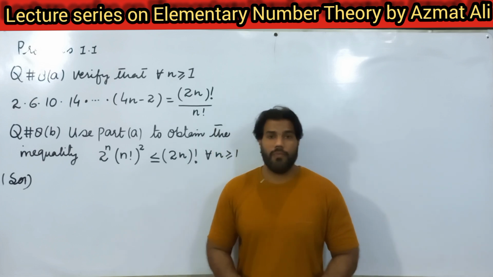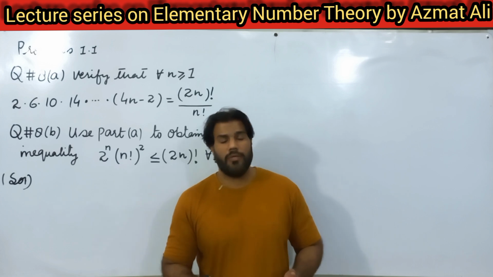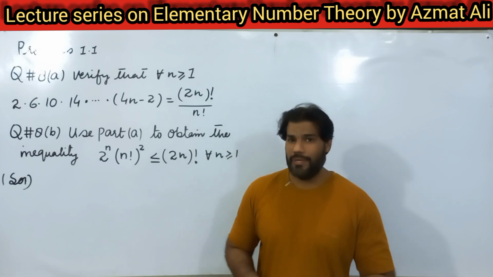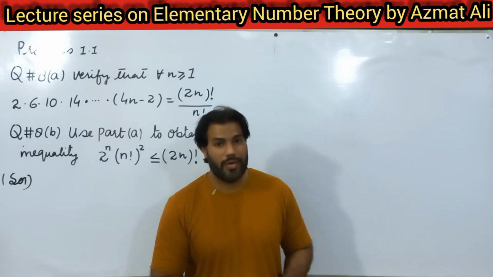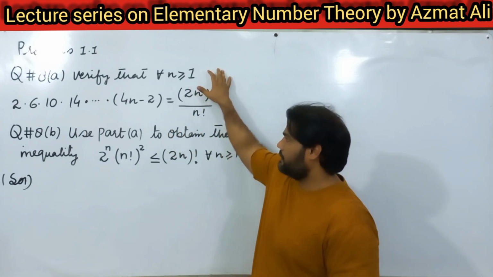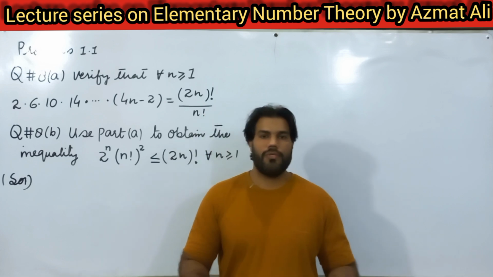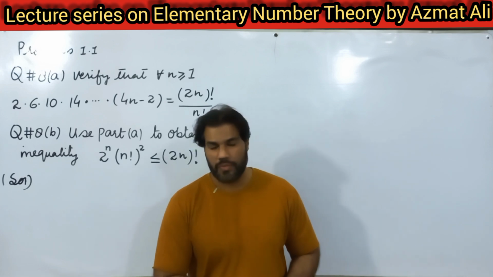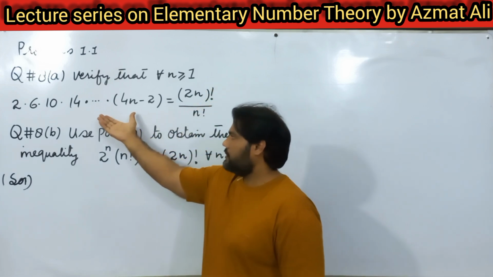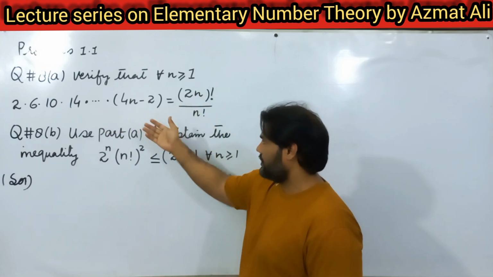You can solve this part again by using mathematical induction, but I think it will lose the beauty of mathematics. It would be like solving two separate problems. So I will solve this part by using its first part with algebraic manipulation or logical reasoning, without repeating the whole process of induction. If we consider the first part, this product is equal to 2n factorial over n factorial. If we multiply n factorial on both sides, we have,